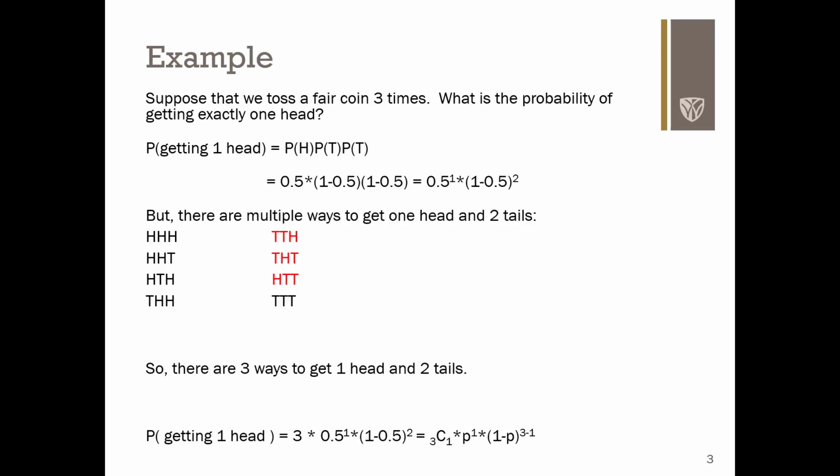So for example, suppose that we toss a fair coin 3 times. We might want to know what is the probability of getting exactly one head out of 3 coin tosses. So we have our Bernoulli trial, either heads or tails. We're going to do this experiment n times, so n is equal to 3. We're going to toss the coin 3 times. The probability of a success is 0.5, 50% chance of heads if we flip the coin. We can assume that these coin flips are independent, and we want to know what is the probability that our random variable x, which is counting the number of successes, is equal to 1.